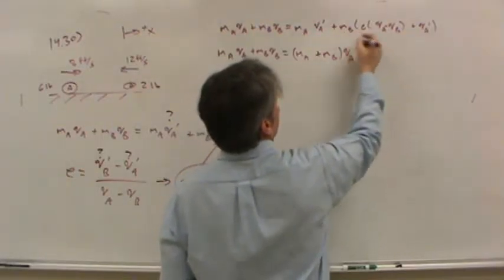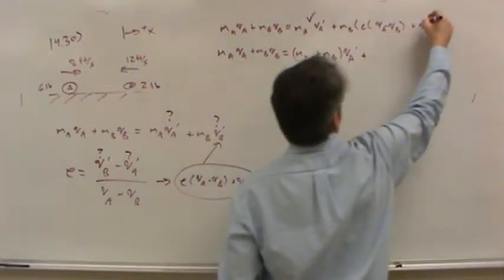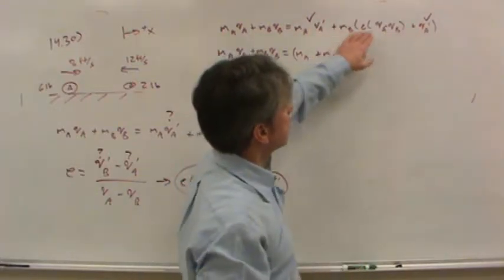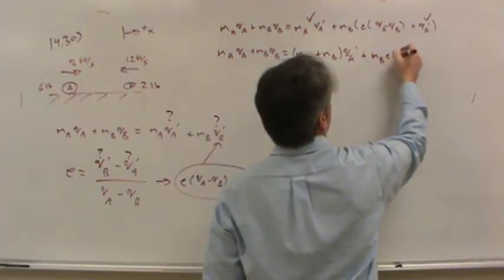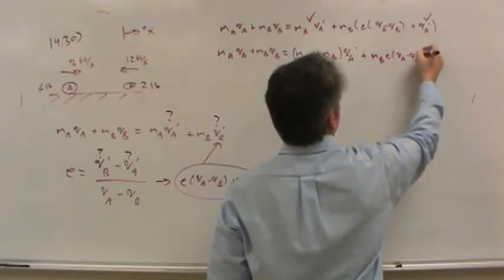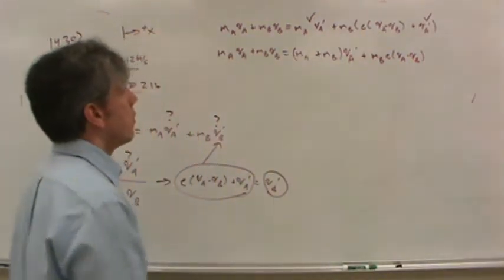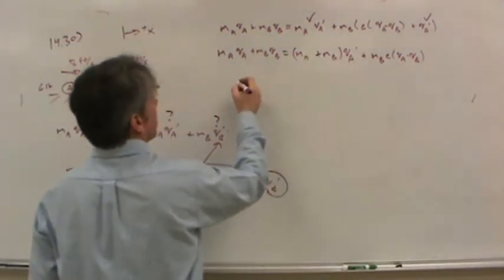Okay? And then the term, so we've got this term and this term. The one that remains is this term, so plus MBE (VA minus VB). Okay? Now if we want to solve for VA prime, then what we'll need to do is